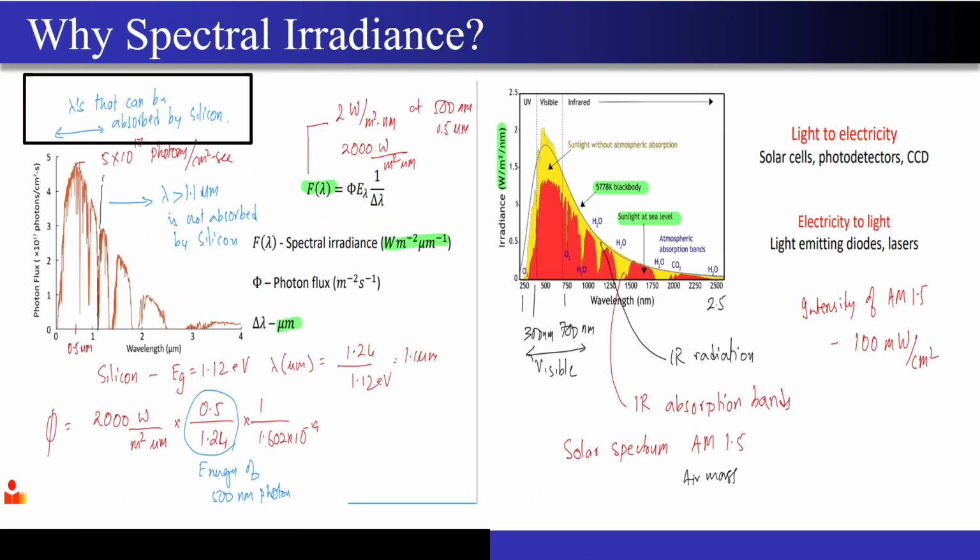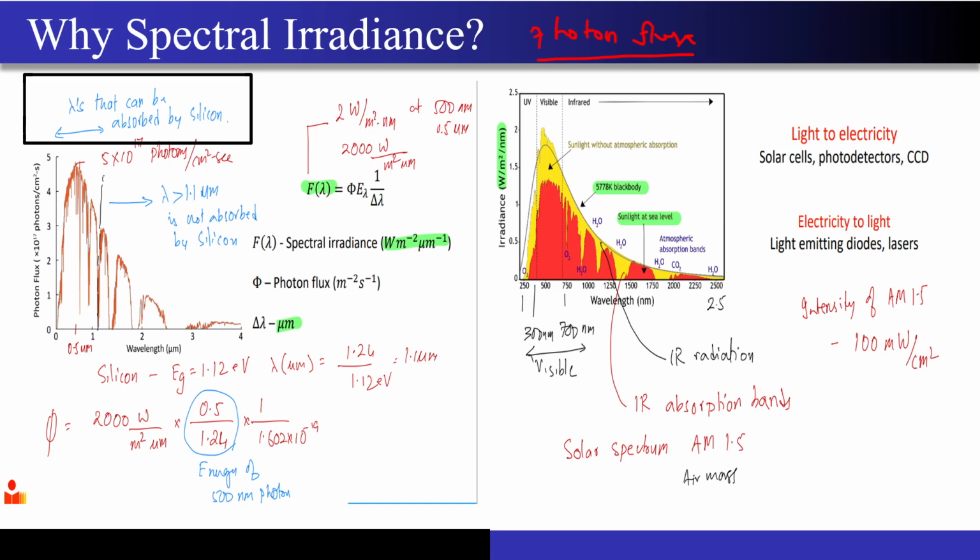Correct. So now the next thing that we had studied was something called the spectral irradiance, right? So why is this so important? Why do we have to study so many terms? You studied something called the photon flux. And I told you that the photon flux is very important because it helps us to calculate the generation rate of the electron hole pairs, from which I will get the generation of the excess carriers, and these excess carriers are what is going to constitute the current in my optoelectronic devices.